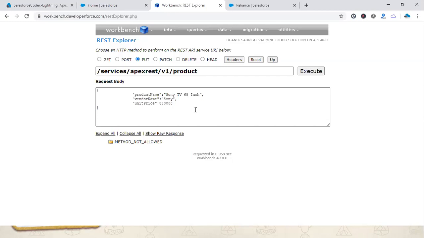I have a question. Suppose I have two products with a similar name, like Sony TV 68 inch, and multiple such products. How will the put request identify which record to update? In that case, you will not go only by the product name. You will also go with the vendor name, and if that is also matching, then with other identity criteria.